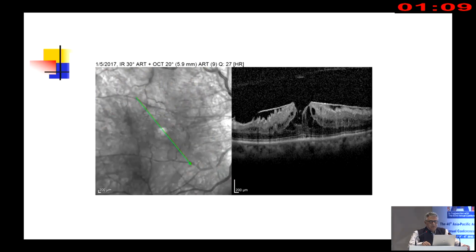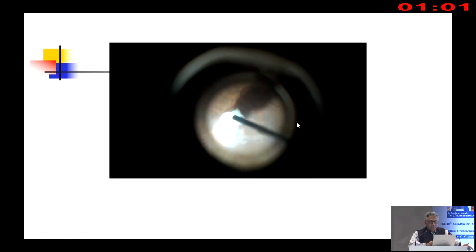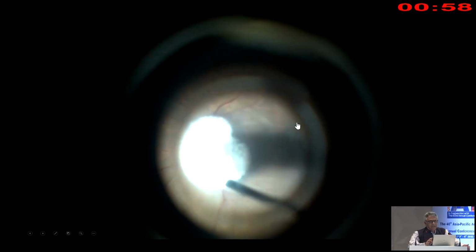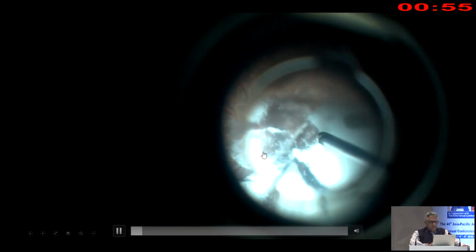This is one patient who has all the components. He has epiretinal membrane, lamellar macular hole. He was disturbed with metamorphopsia also. We did actually what we call 4-in-1. We removed the cataract, we removed hyaloid, we removed epiretinal membrane, we removed ILM also. So all the 4 things got removed.